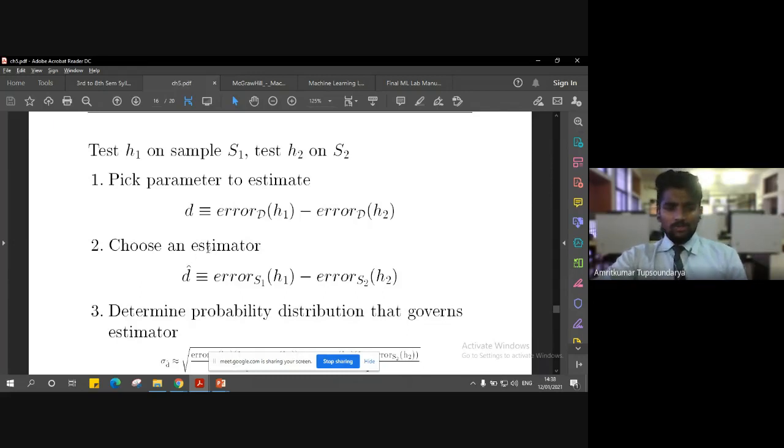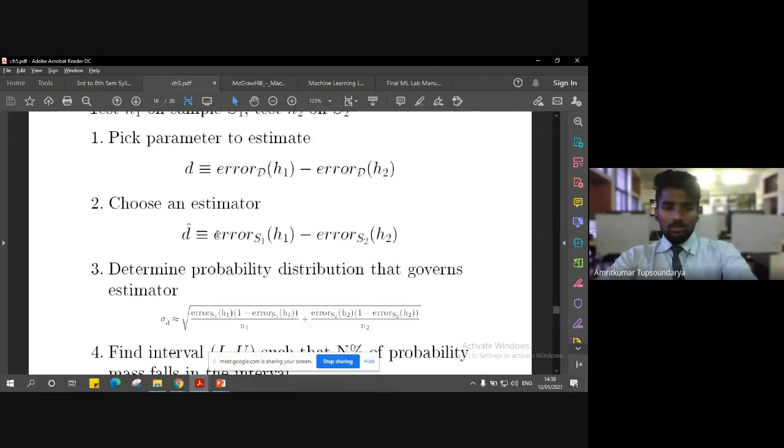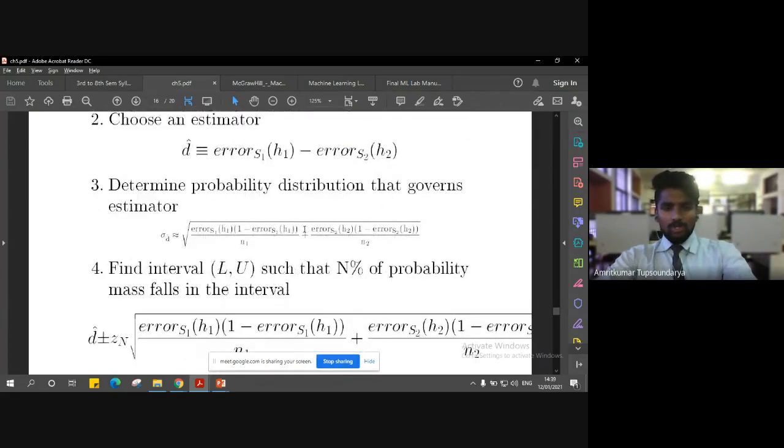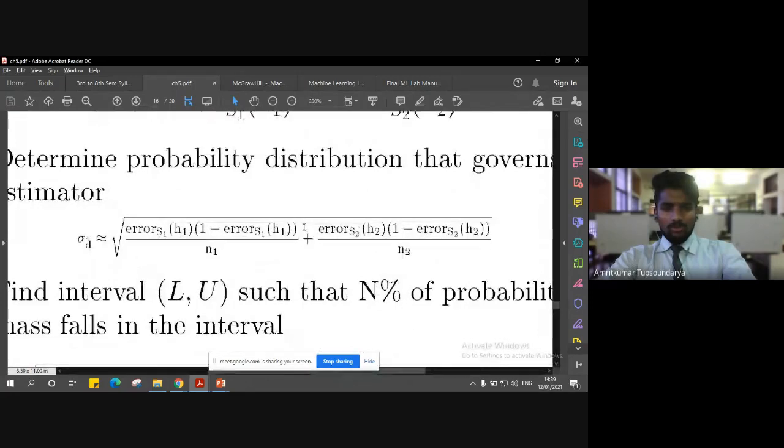Right. So once we have this, we are going to determine the probability distribution which governs this particular estimator. And how do we go about it? Let me zoom in more. So we are going to compute the sigma d cap. Hope you remember the sigma d cap, which we discussed in the previous class.